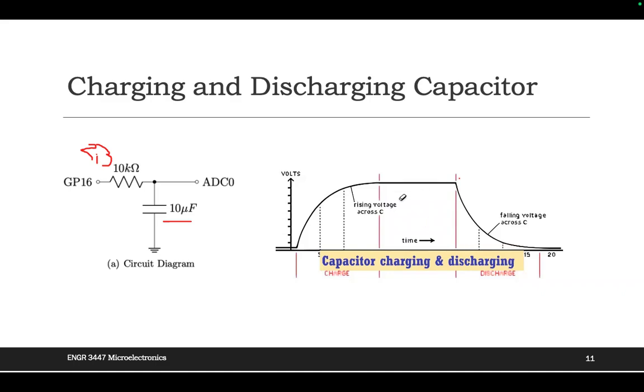Which means the code maybe is not fast enough to deal with this process. When you read this, maybe you read it from here, or maybe you just miss the whole process. But for the discharge, after we charge, if we don't set this to 1, it will always keep this status, am I right? Until you set this to 0, and we are ready to measure and read this data. That makes sense to you? Yeah, that's the reason why we